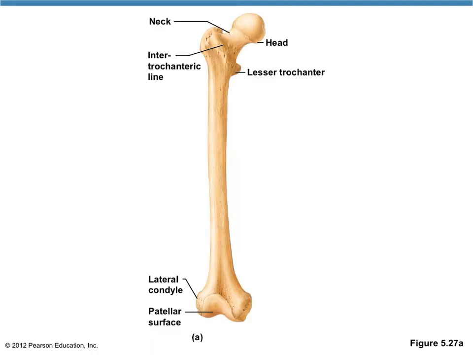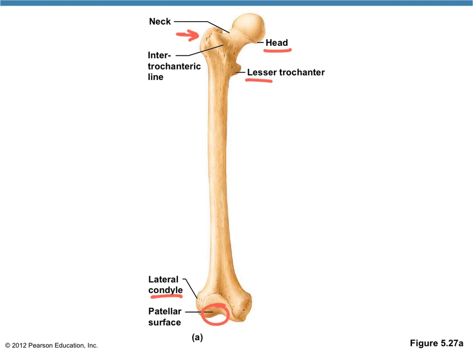So this is what a femur looks like. The head of the femur articulates with the pelvis. The head is situated on the neck of the femur, and then you have some really large muscle groups that attach to the greater and lesser trochanter. Here you can see the lesser trochanter, the greater trochanter is here. And then at the distal end, you've got these condyles. There's a lateral and medial condyle where the bone articulates with the lower leg, and there's also the patellar surface